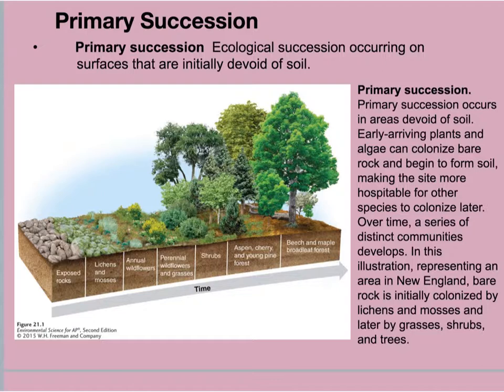So when the algae and the lichens and the moss die, they become dead organic matter. That mixes with the minerals eroded from the rock, and it starts to create a soil. Over a long period of time, soil develops on this bare surface and becomes a hospitable environment for plants with a deep root system. Mid-successional plants, such as wildflowers and grasses, move into these spots.